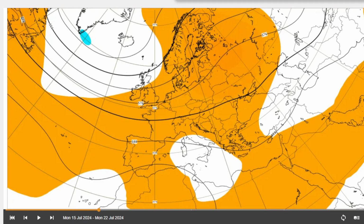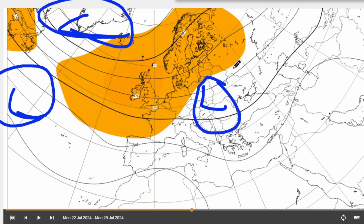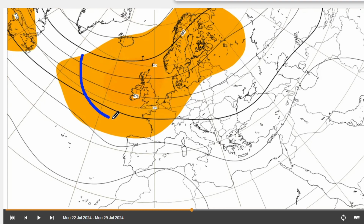Okay, week 3, the 22nd of July to Monday the 29th of July 2024 looks very nice. Ooh, this could be good. Okay, so low pressure possibly here and up here. High pressure dominating over most of Europe. Strongest high pressure looks like it's going to be over us, so we're either going to be bringing in a southwesterly like that, or we might be getting something a bit like that, maybe around that high from the east, but that would probably be quite warm because the continent is very warm